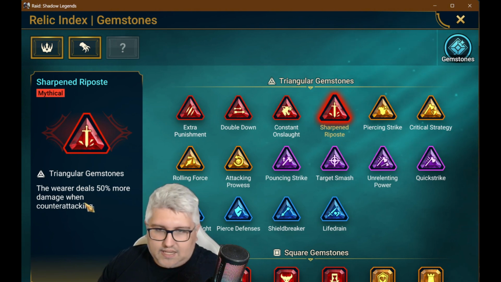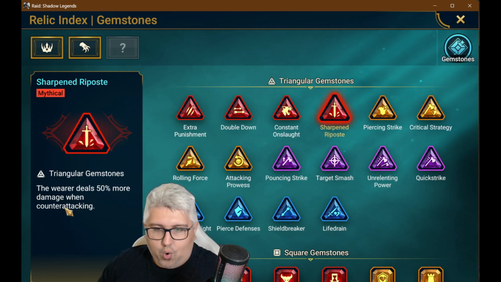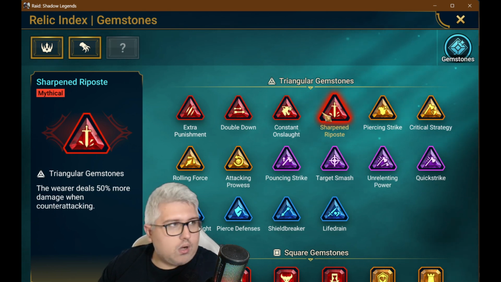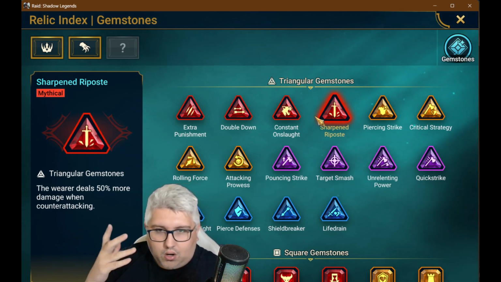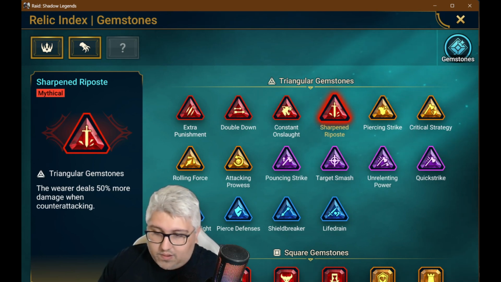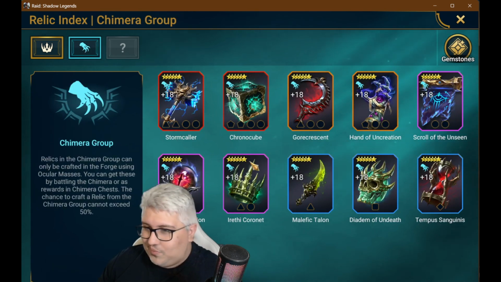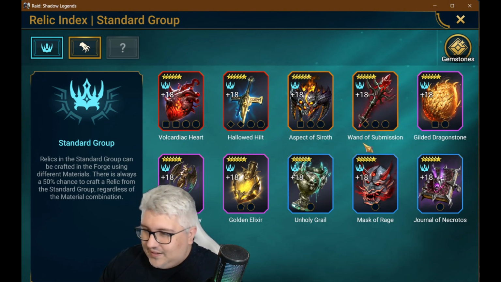Sharpened Riposte, lesser mythical triangular gemstone: the wearer deals 50% more damage when counterattacking. This is really strong. It synergizes with some champions on a crazy level. Champions like Cupidus, Arix, Taras. My friend, Sharpened Riposte. You can use more than one. You can use two on Stormcaller. Oh my god, you can use one on Gore Crescent. You can use it on...